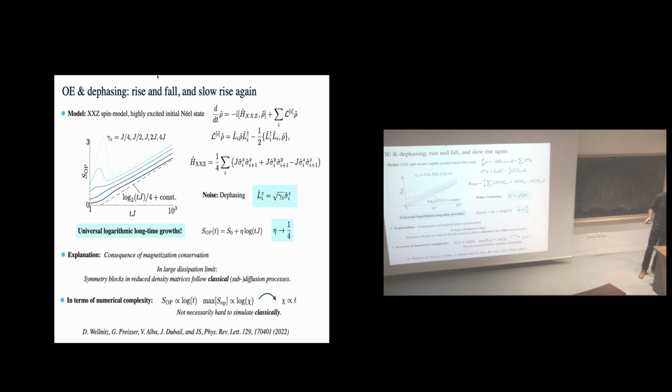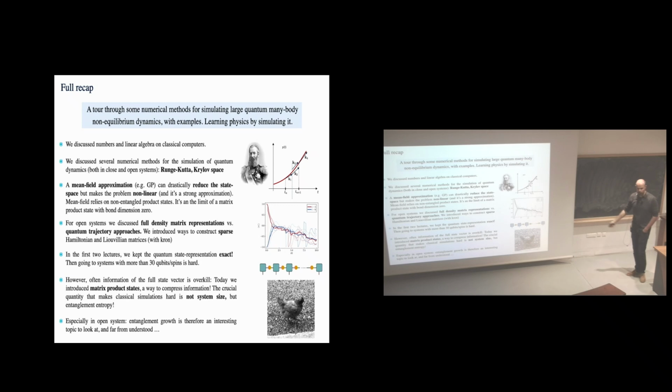Good. That's the end. So I thought on the last slide I would give a full recap of everything that I tried to get across. The spirit was to discuss some numerical techniques, with the idea that you try to simulate some physics to actually learn something about the dynamics in the system. So we did some very fundamental things, discussing how to write numbers on your computer and some basic linear algebra, exact diagonalization, just some general Swiss Army knife tool to do any type of evolution. So there are these Runge-Kutta methods and these Krylov space type methods, where Krylov space is particularly important